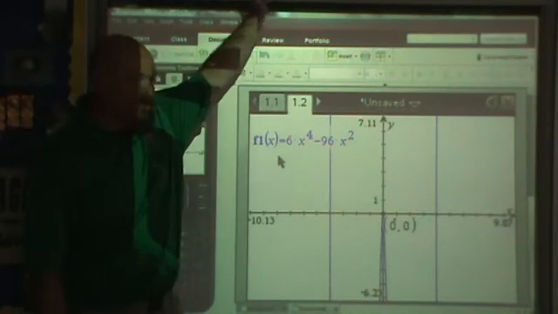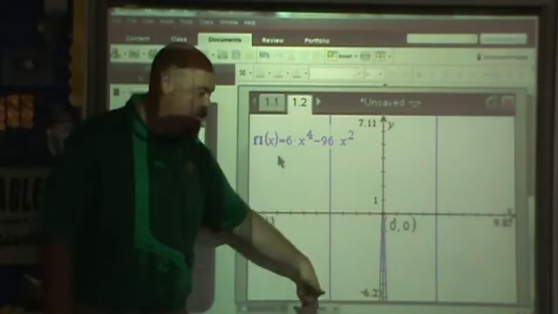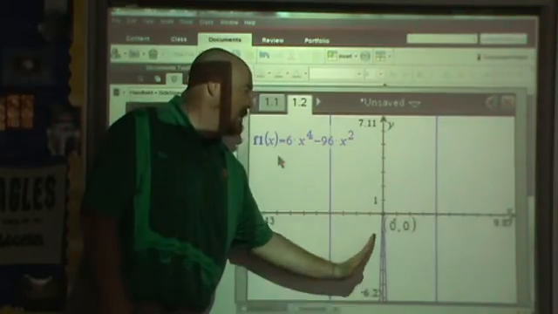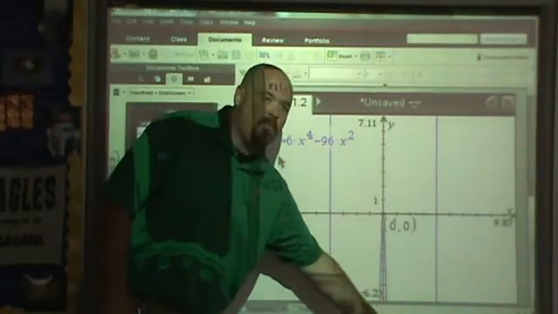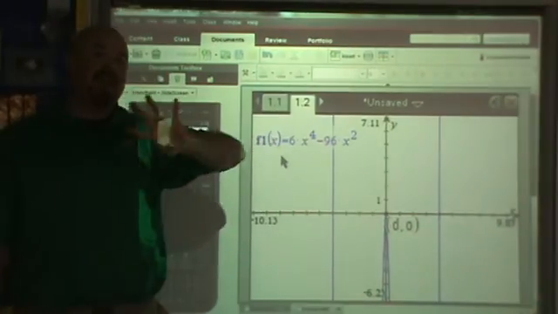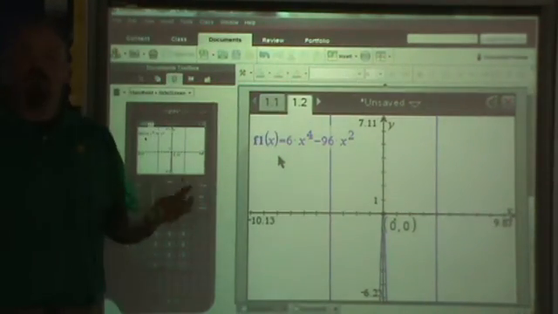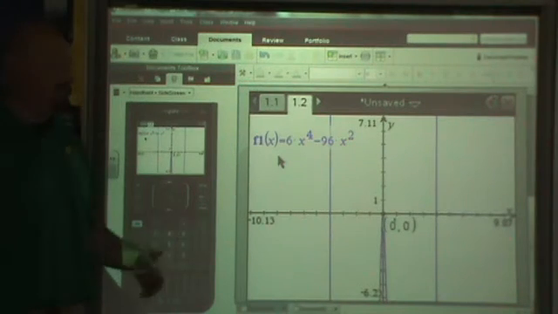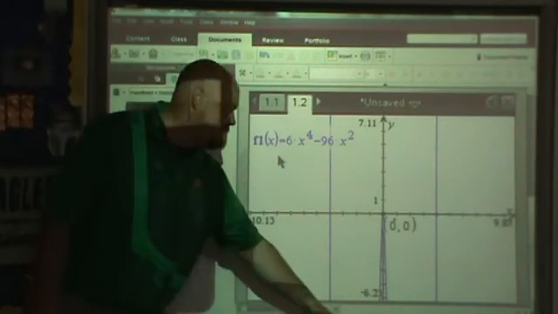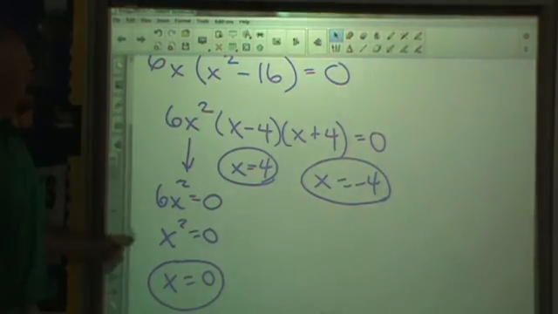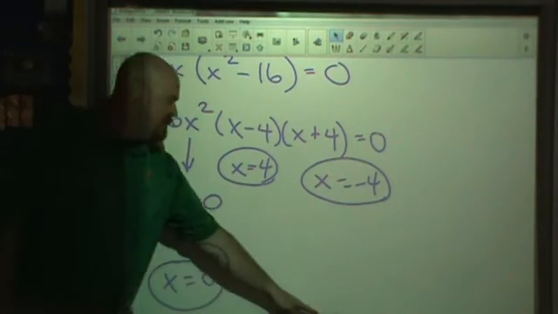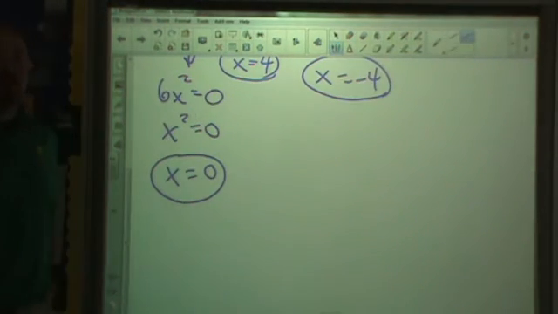So if you look as we move from left to right, here's a 0, it bends back up, it hits it, bounces off, comes back down, and then back up. So that accounts for the 4 zeros. What we get is this phenomenon of a multiple 0. Okay, the multiplicity of zeros. So if you go back to this, and I know this doesn't make the most sense in the world, but 6x squared